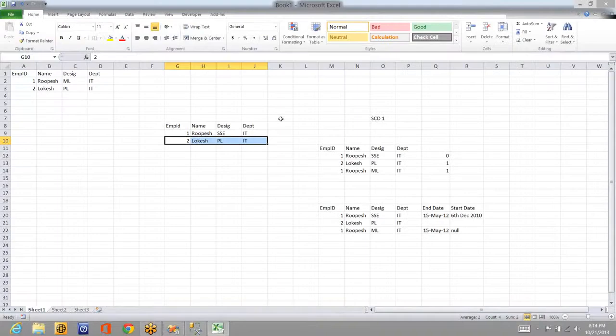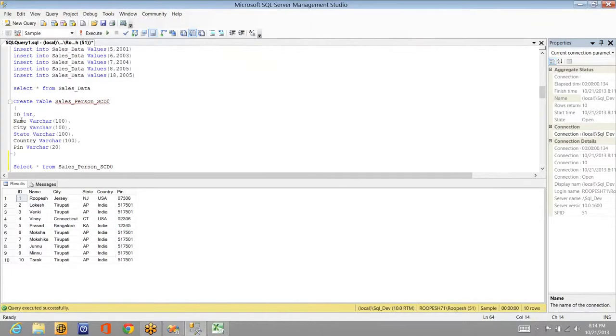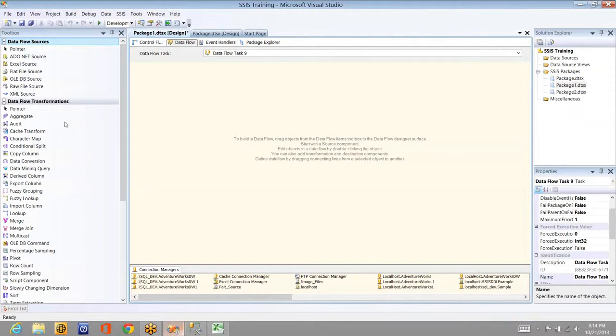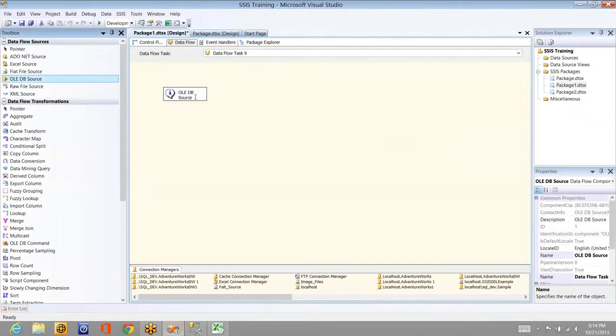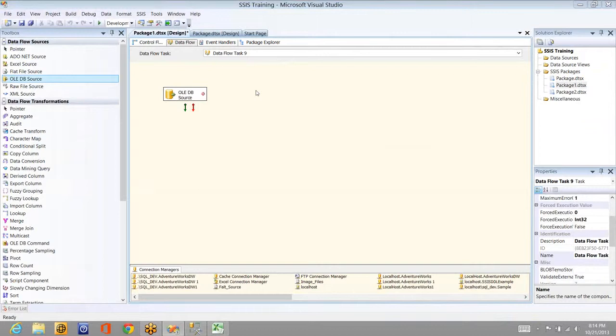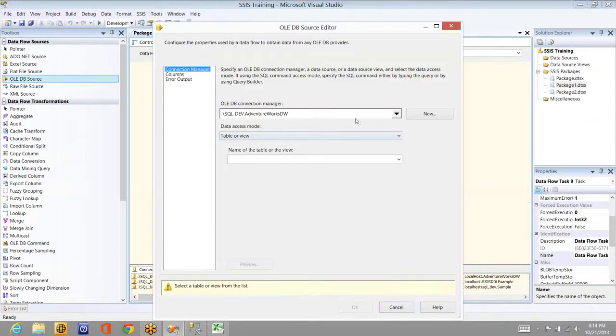As I told you, there will be no extra columns created for this type 0, and hence I've created a table with the same structure: ID, name, city, state, country, and PIN, just like the existing one, sales_person. Now let me set the source first. Let me connect to the salesperson table, and it is not AdventureWorks DW.